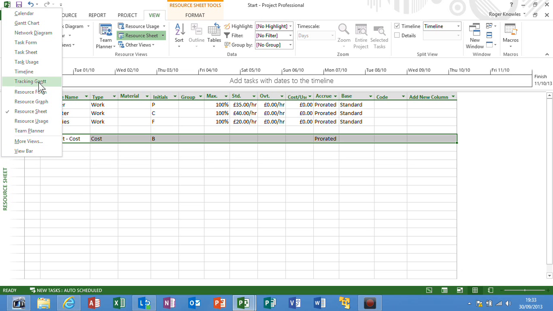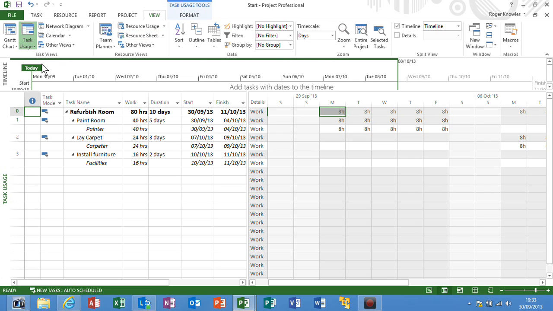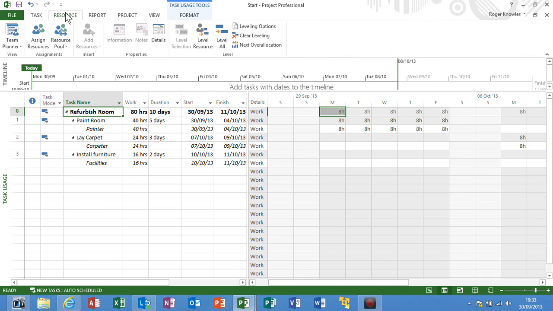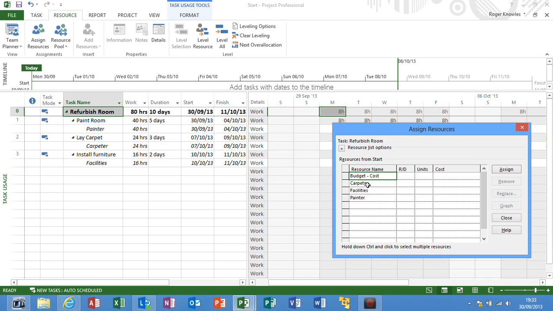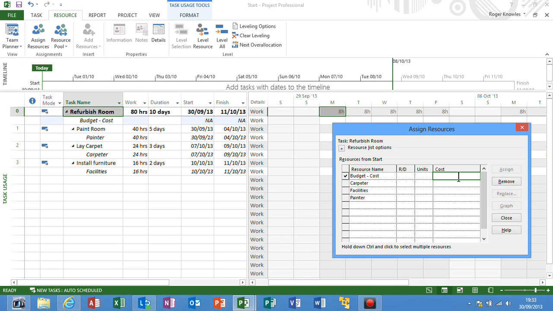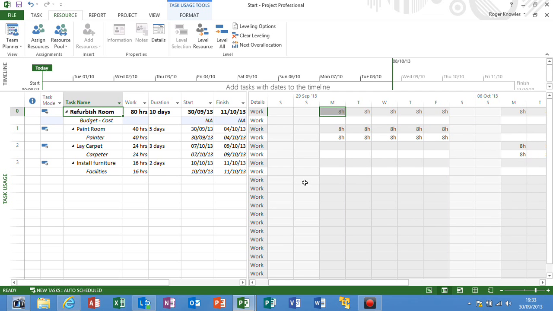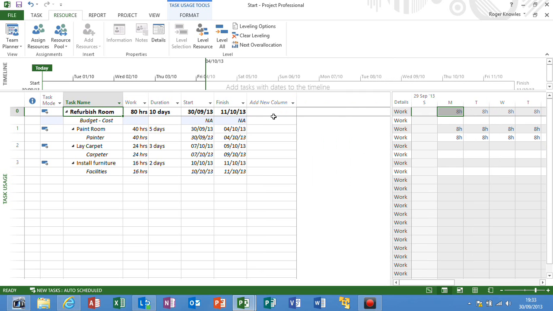So I'm going to go to the task usage initially to do this, and then on line 0 through resources I'm going to assign the budget cost. Note in here, although it says cost, I'm typing, nothing will actually appear. So the budget type can only be assigned to line 0, the summary task,